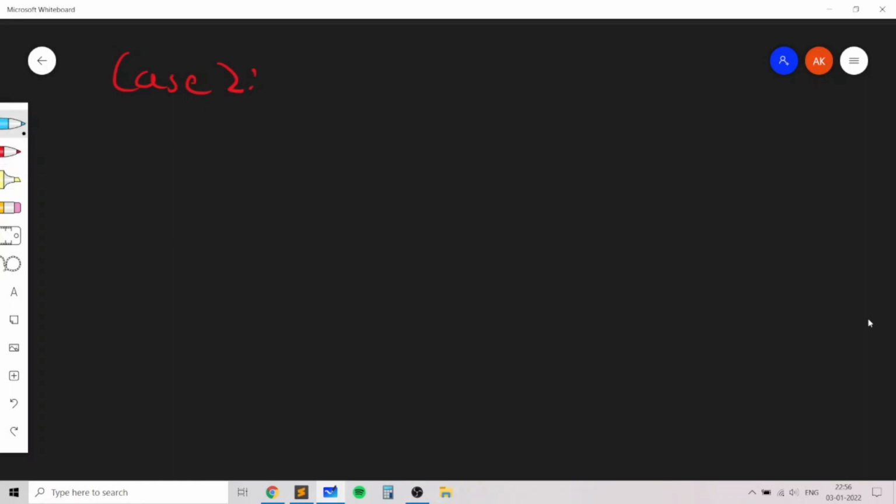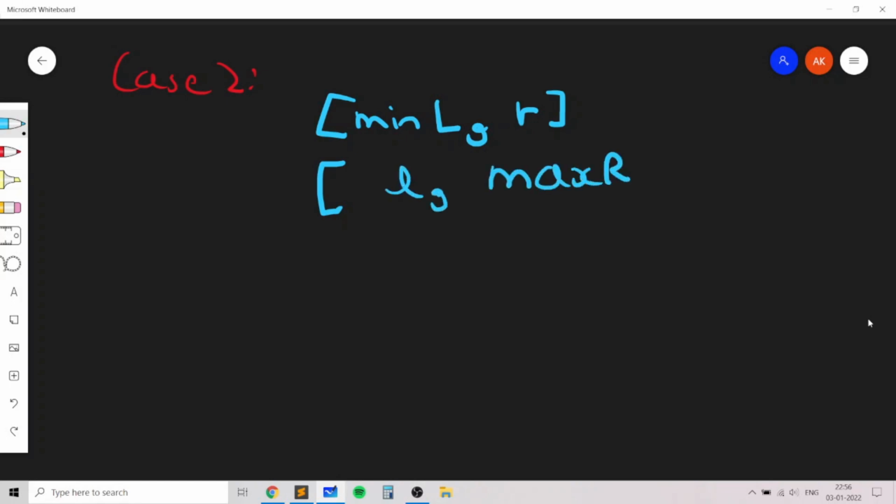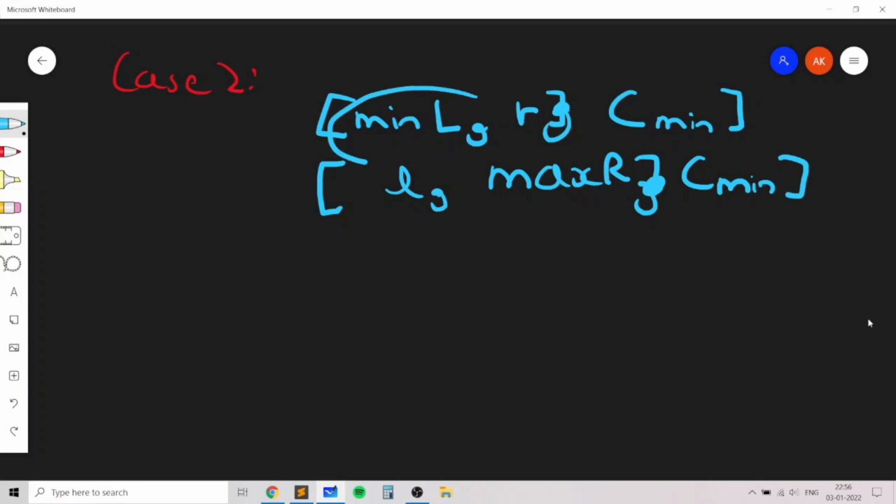So we know that the first segment is something like the min L so far and some arbitrary value of R, and the second segment is something like some arbitrary value of L and the maximum value of R. We just need to store these two segments, and we need to prioritize them by the minimum value of C. So we need to ensure that both of these elements contain a lesser value of C. To do that, we can maintain a pair of min L and the minimum value of C, and max R and the minimum value of C.